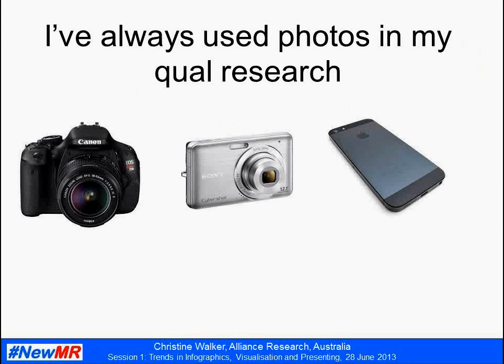And I suppose the starting point is this. I've always used photographs in my qual research. I've often travelled to some pretty extraordinary places, met some pretty extraordinary people, seen people working in pretty amazing environments. I think particularly in the B2B work. I've done a lot of work with diesel mechanics and farmers and all these weird and wonderful people over the years. And by taking photographs, when I come back, I'm able to convey something to my client that simply they